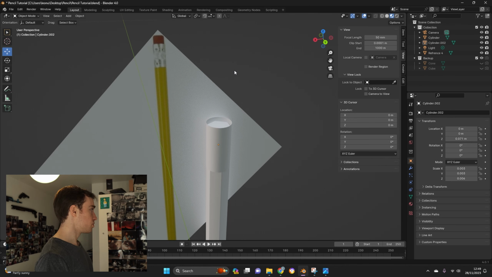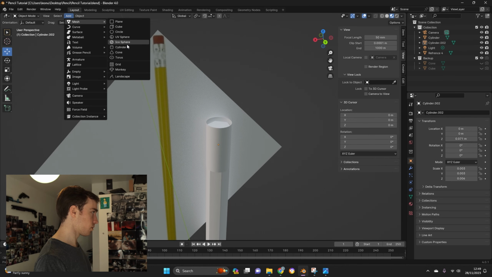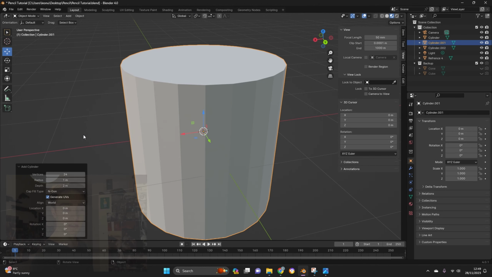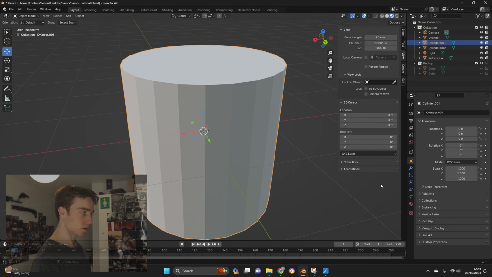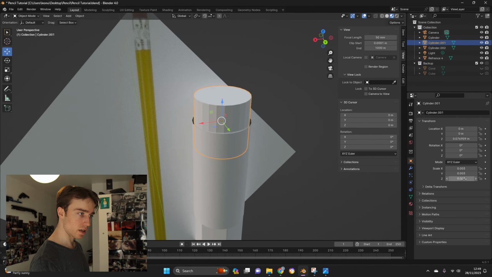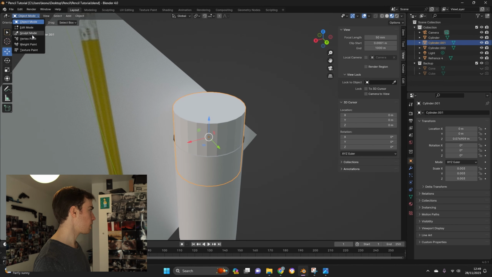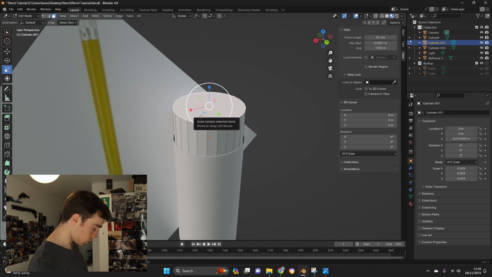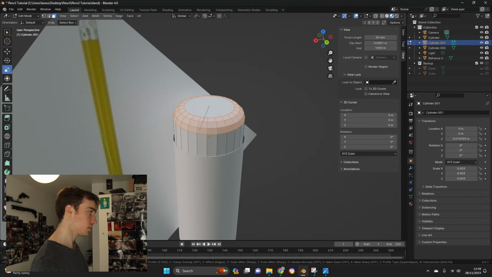Now let's move on to the rubber of the pencil. So we'll get a cylinder with the same amount of vertices, because yeah, that's good enough, and we will shrink it down to 0.0028 maybe, and we can make it go 0.0029. So let's go to Edit Mode, and with the top face selected, we can go Control B to bevel,